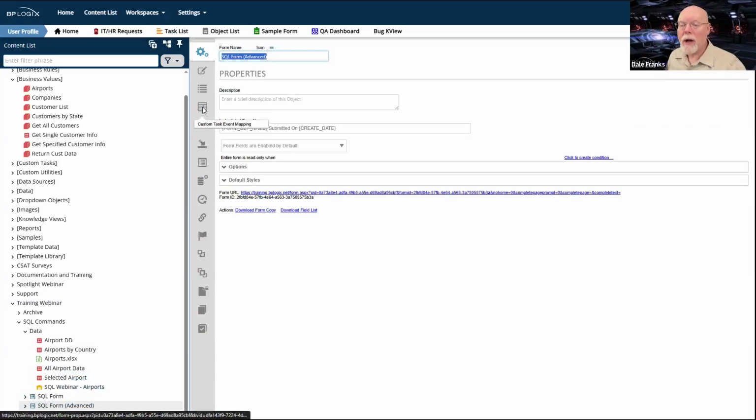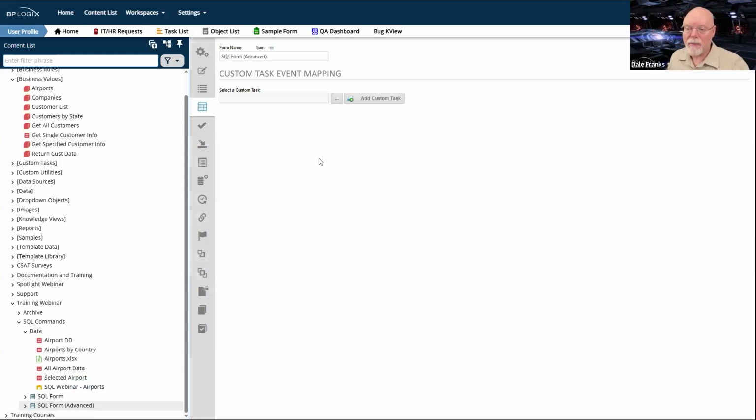So anytime you run an update, insert, or delete statement, you're going to go to the custom task event mapping of your form. If you're doing it on the form, it is certainly possible that you can run the SQL command custom task out of a process timeline. I don't have a process timeline for this form, so we're just going to use the form.